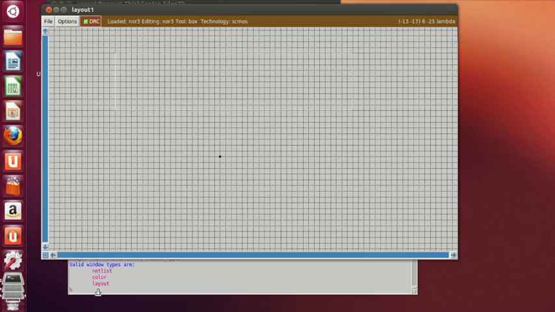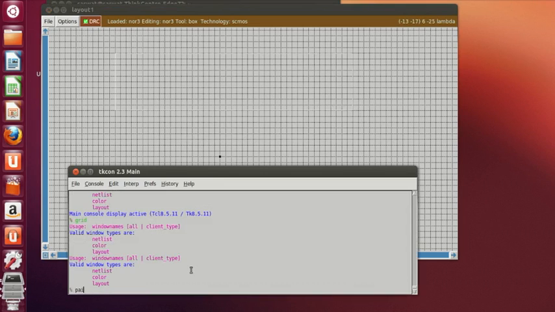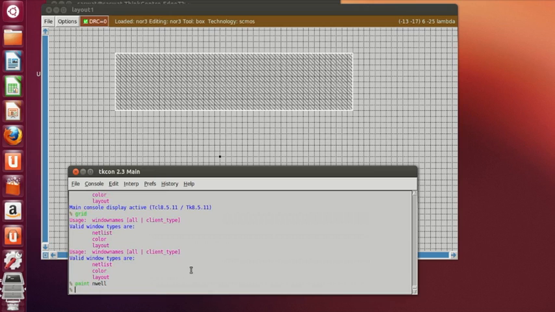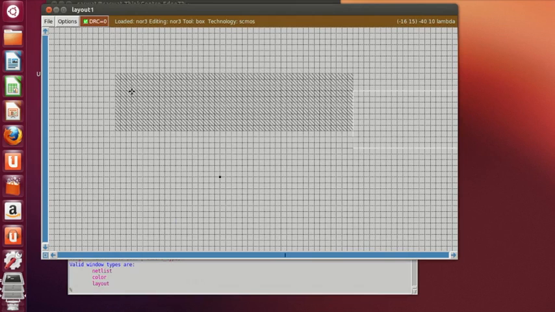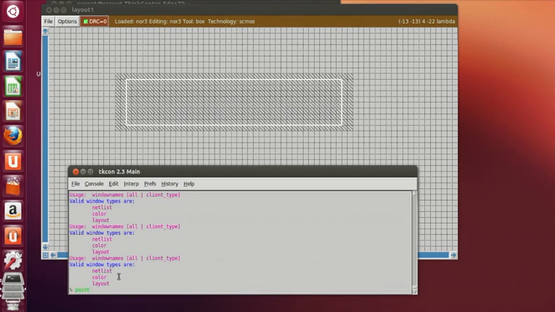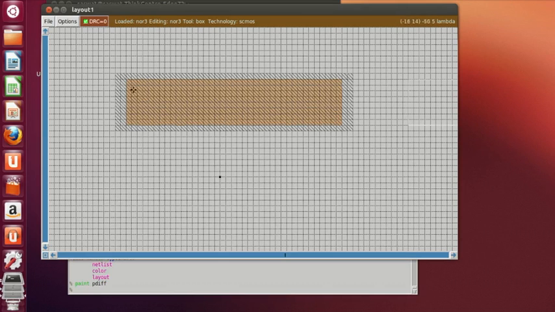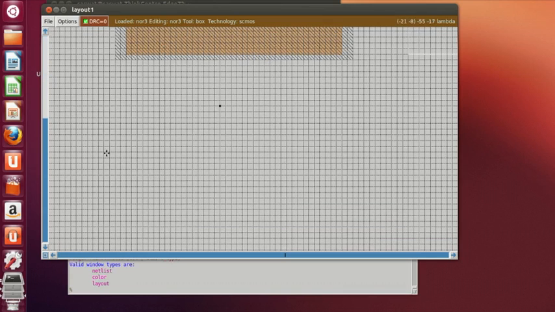select the area, then type paint anvil so that the selected area gets painted with anvil. After that, the P diffusion layer, type paint pdiff. So this is my anvil layer, and over it my P diffusion layer, and below it